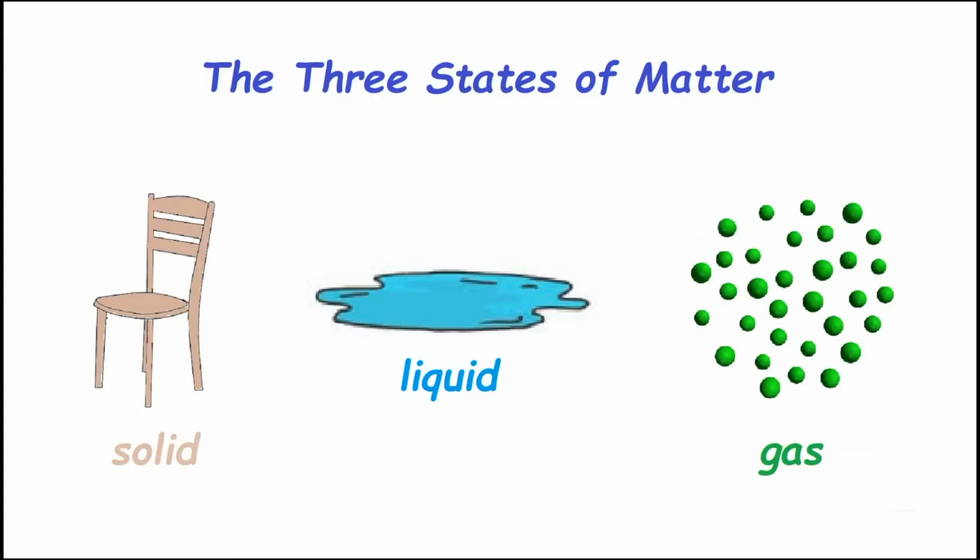Well, we start here. How many states of matter are there? Well, there are only 3. 3 states of matter. They're known as solid, liquid, and gas. These are the states of matter. Okay, here you have them. Examples: here you have a solid, in the middle you have a liquid, and on the right you have what appears to be a gas.